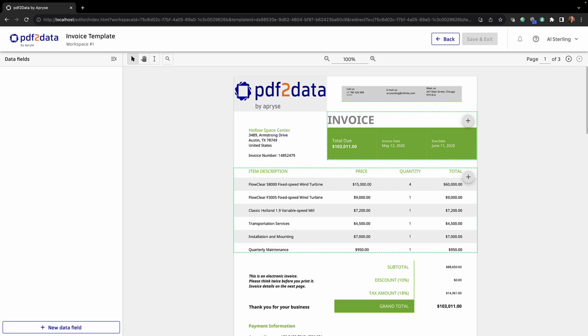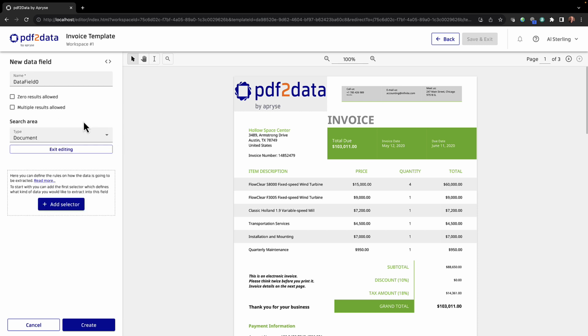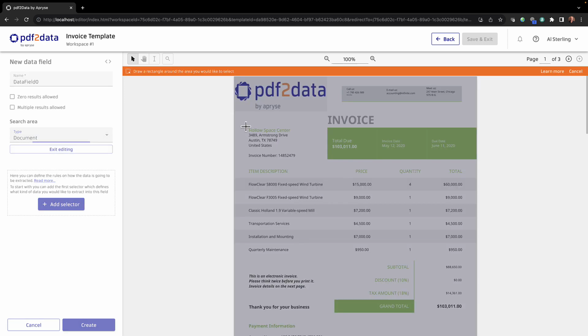Like before, we'll create a new data field. And notice there's now a new search area. To specify, let's say for instance we'd like to extract this paragraph, the ship to address, I could tell it specifically to search in a custom area, and just like before you have the ability to select that area,